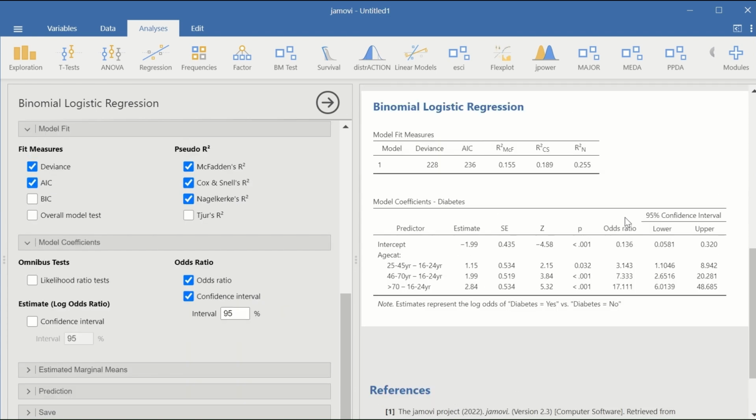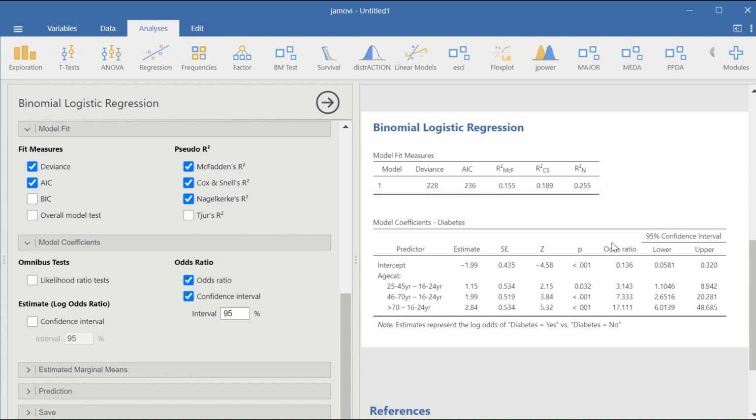Looking at the output here, we have 2 important tables. The first table is for model fit measures. Looking at the R square here, it shows a value of 0.255. This value means that 25.5% of the variation in the outcome, which is diabetes, can be explained by the predictor, which is the age